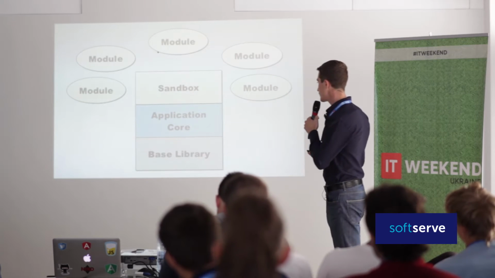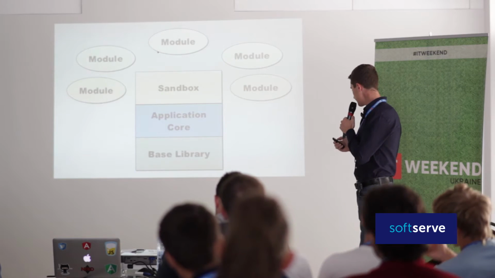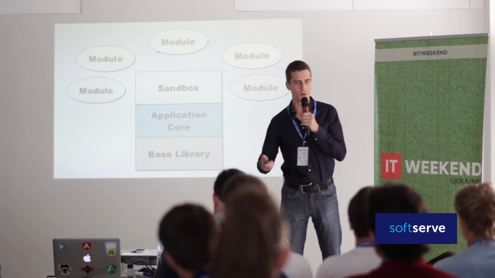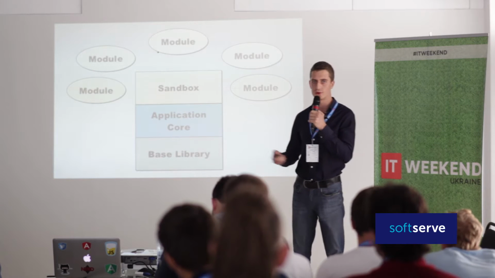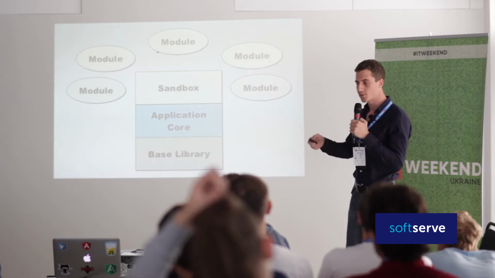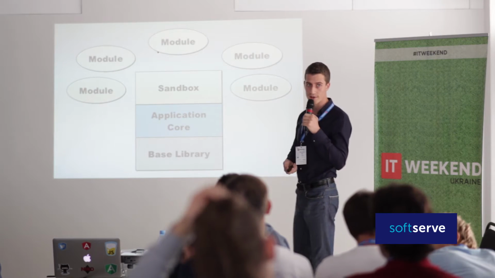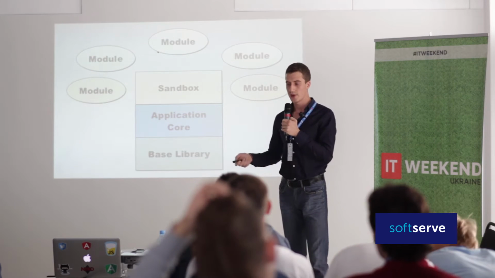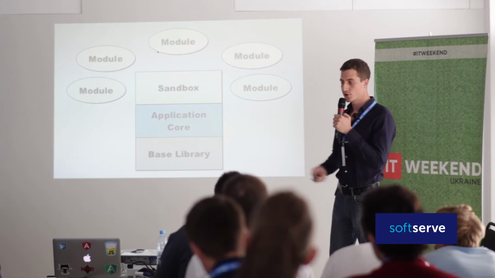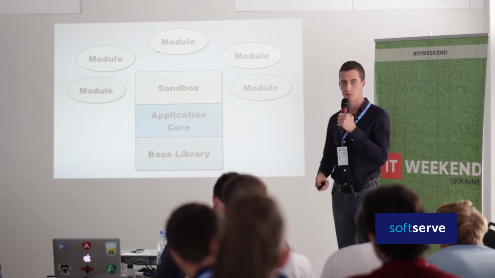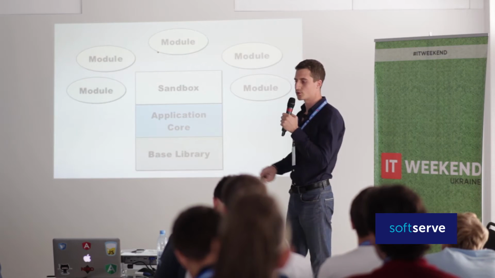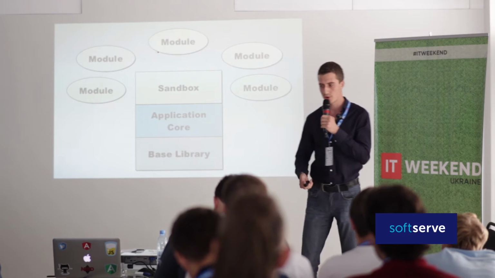So we have our base library here, which could be jQuery, or YUI in the case of Yahoo, or Dojo, or MooTools, or whatever. We have our application core, which abstracts the base library through a set of adapters in order to make our application independent from the base library, and provides some additional functionality. Nowadays, this could be, for example, WebSockets, or APIs, or Web Audio APIs, or whatever.